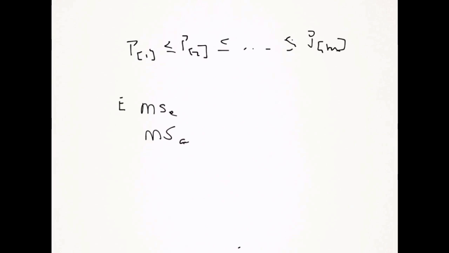And it turns out that the expected mean squared is sigma squared here. But the expected mean squared for A is equal to sigma squared plus n sigma squared sub A. In other words,